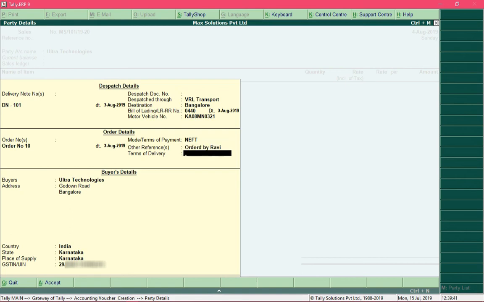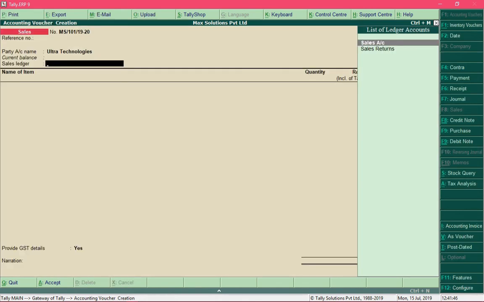And in the field terms of delivery, you can provide any delivery terms information. And the buyer's details would be selected from the ledger creation itself. So after entering all these details, press Ctrl A to save the information.